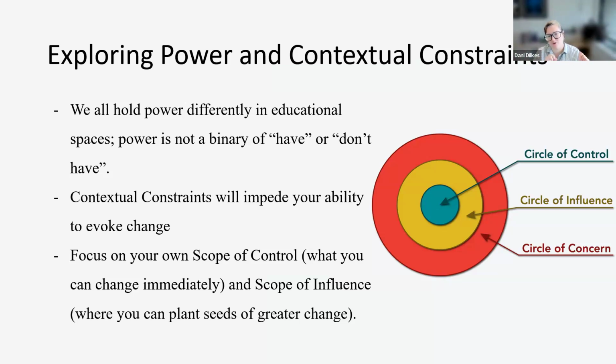And the diagram here is three embedded circles. The center is the circle of control. So again, that's what you can do immediately and nobody can stop you. The circle of influence is where you can plant seeds and change how other people behave or how systems behave. The circle of concern, we're not going to talk about too much, but this is what I call the doom scrolling circle: this is all the stuff that's wrong in the world and here's why it's wrong, but I can't do anything about it. And sometimes our brains fixate on that to the effect of not really invoking any sort of change at all.